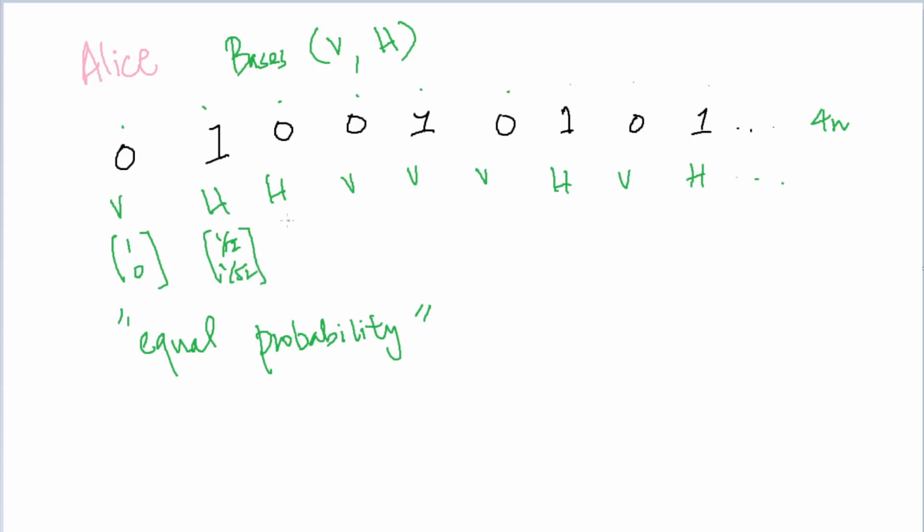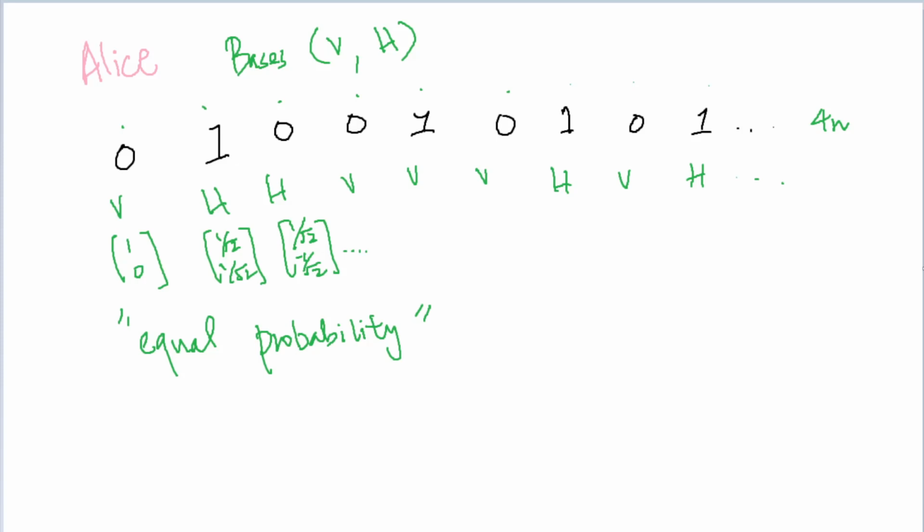And then in this case it would be 1 over root 2, negative 1 over root 2, and so on and so forth. She's going to be sending a qubit measured in the corresponding direction. Now, what's important to keep in mind is that Bob does not have the information regarding what direction Alice has measured these qubits in, meaning that it is unknown whether she measured in the vertical or horizontal direction, because Bob does not know that on his side.